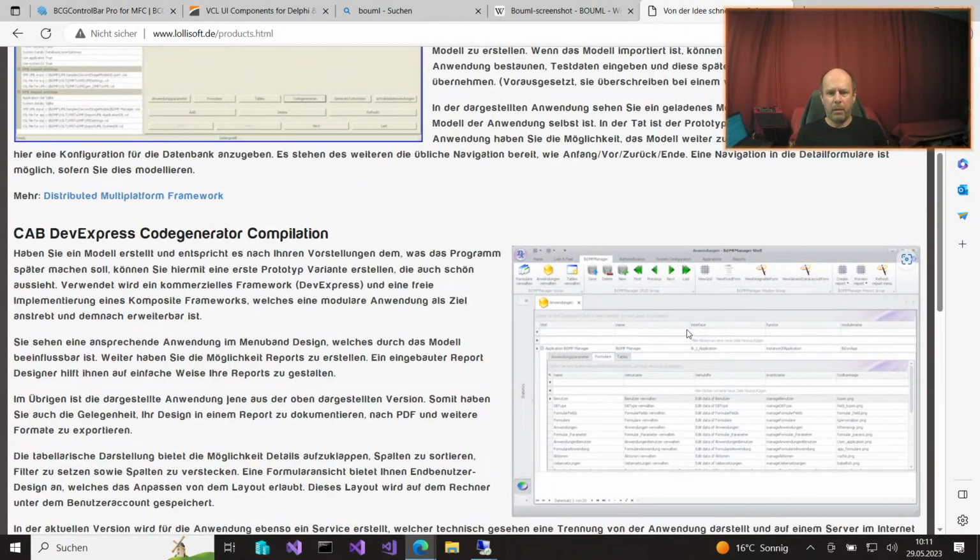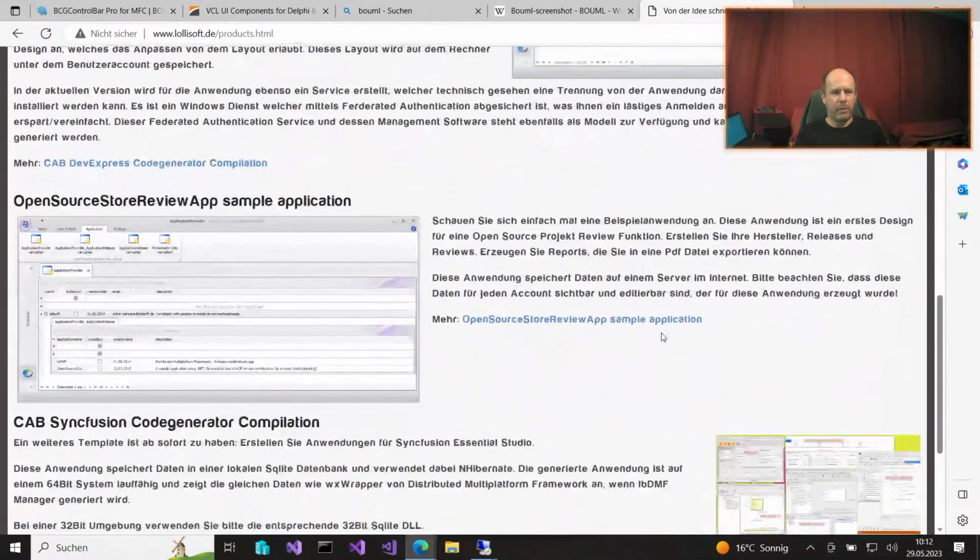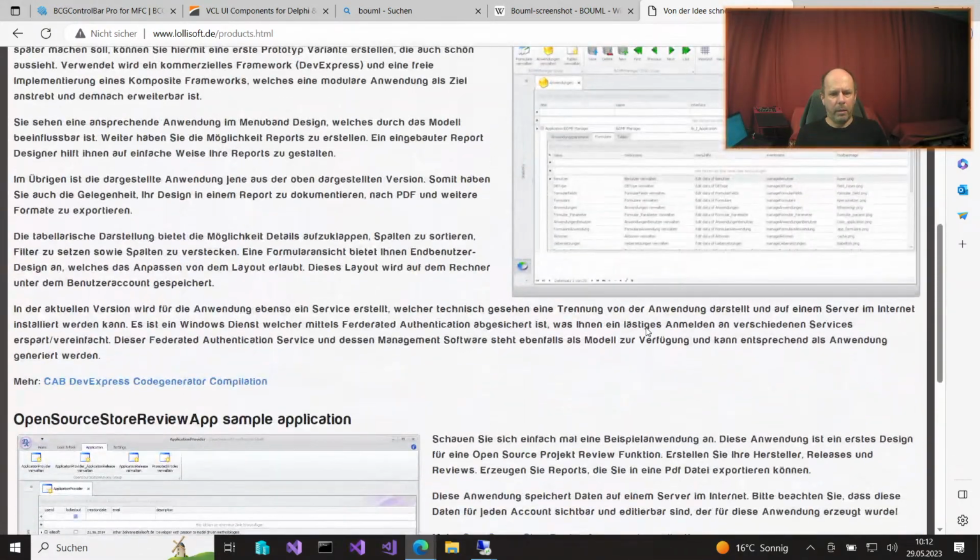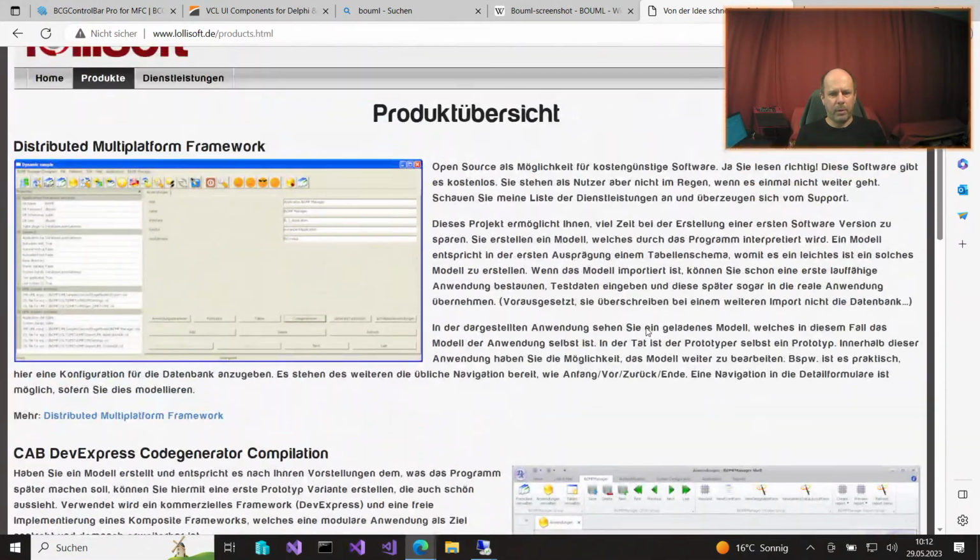a little bit different UI look and feel, of course, but in general it is much nicer looking nowadays instead of some Windows XP looking application.